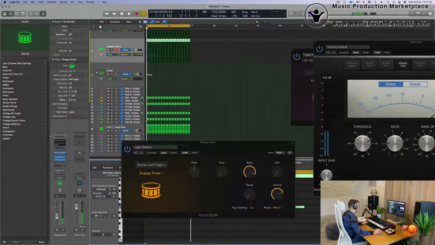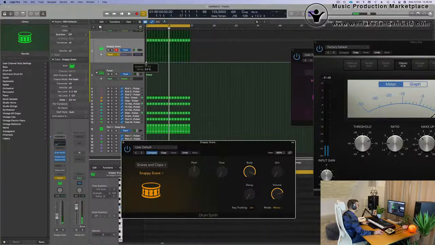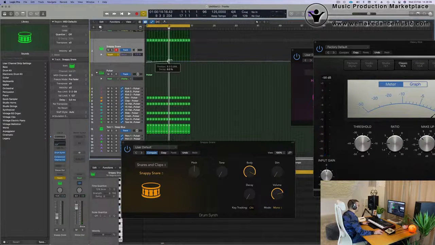I'm gonna do the same bit as I've done a little bit before. I can do two different things. I could do a send to a reverb, which will make it bigger, into a room, or what I will do is increase the decay. So I'm gonna put it on touch, open. Until it becomes pretty much only noise. Like this. So I think this is